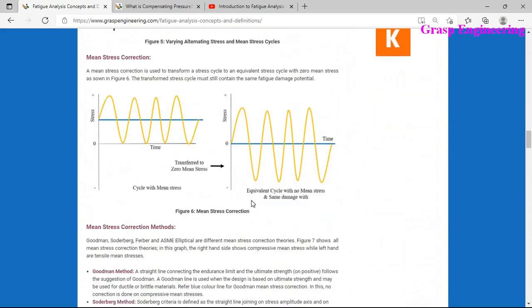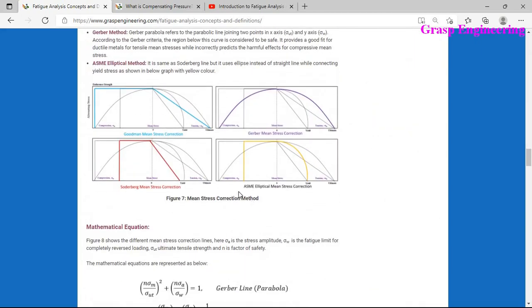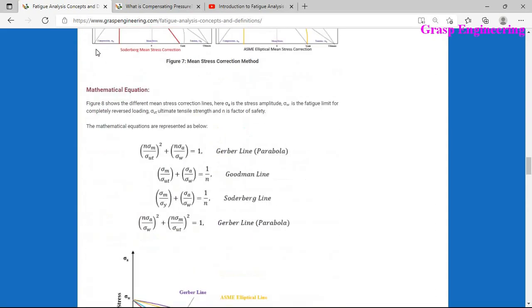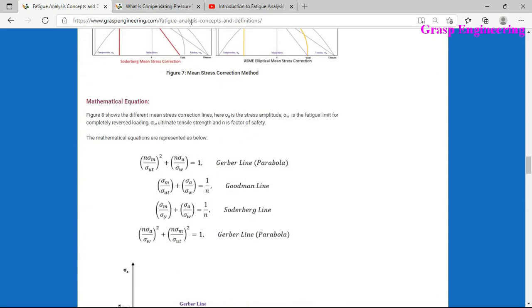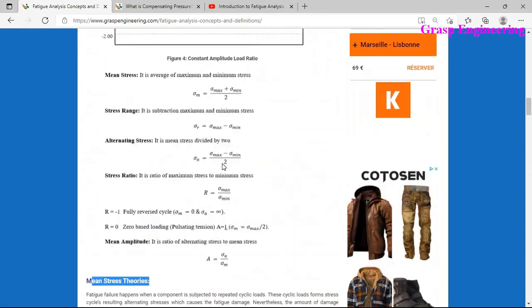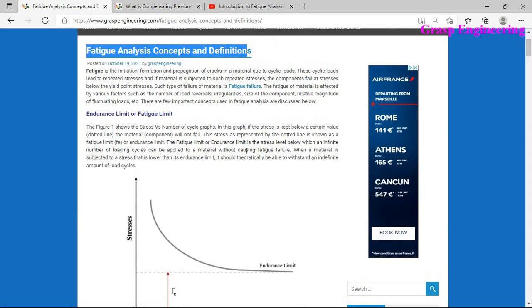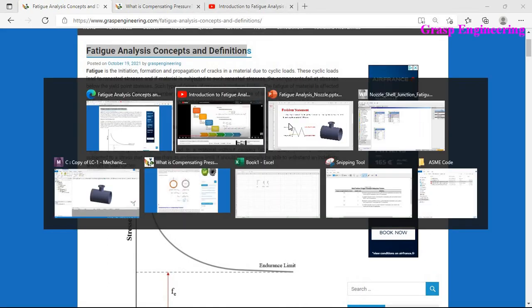We also need to apply various mean stress correction methods, so have a look at those. Just refer to www.graphsengineering.com and go to the respective tab to follow these fatigue analysis concepts and definitions.